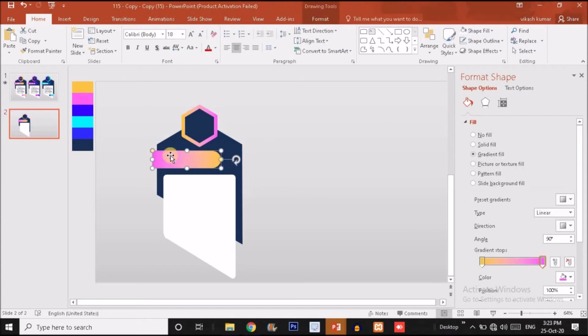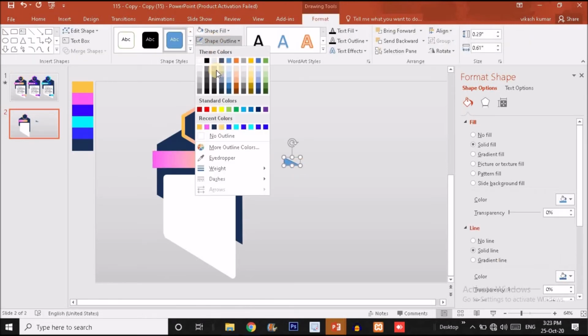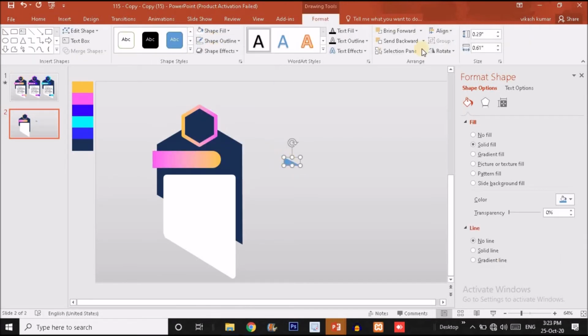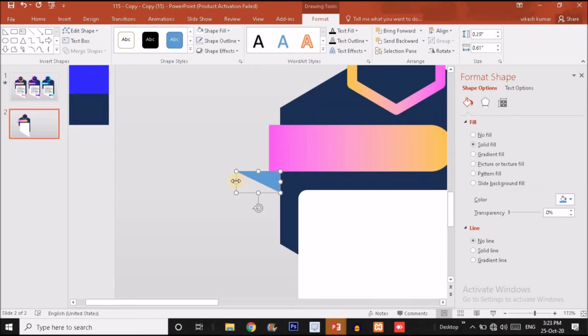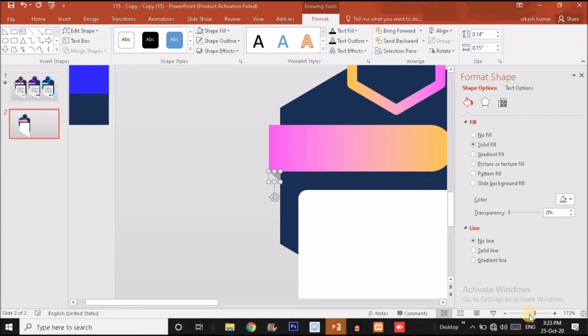Now the single thing we have to do, we have to click on insert option, just choose a triangle option over here and drag a triangle, make it no outline by clicking on this option, and flip it vertically guys, and flip it horizontally also, and put this shape over here. Now I'm going to slightly zoom in so that we can see the shape over here. Slightly make it smaller like this, and for this I'm going to use this dark option over here. Okay guys,